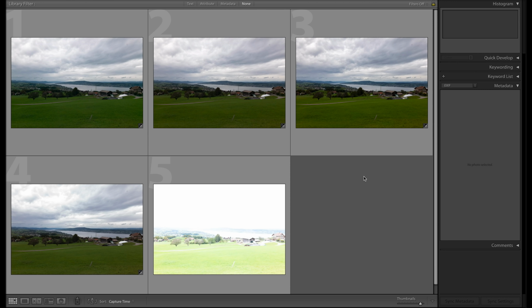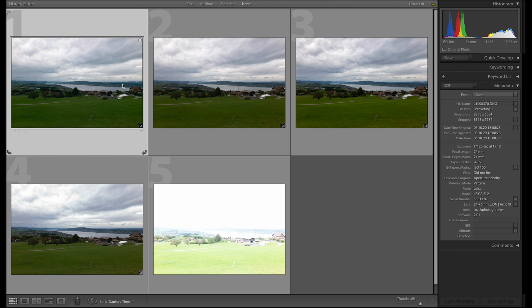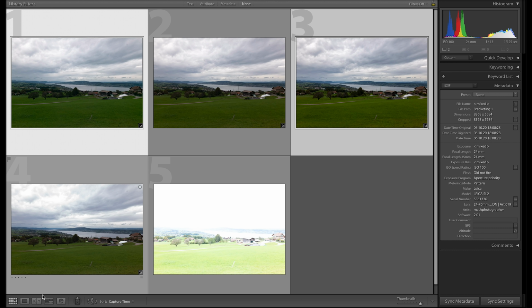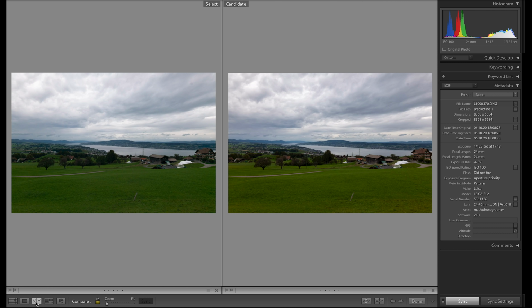So clearly we now want to put these images side by side and also crop or zoom into the images to see better what they are made of. So let's pick the one with -4 EVs and the reference image first. Let's put them side by side. And on the left-hand side we have now -4 EVs, exposure matched with the reference image here. And if I zoom into these images,